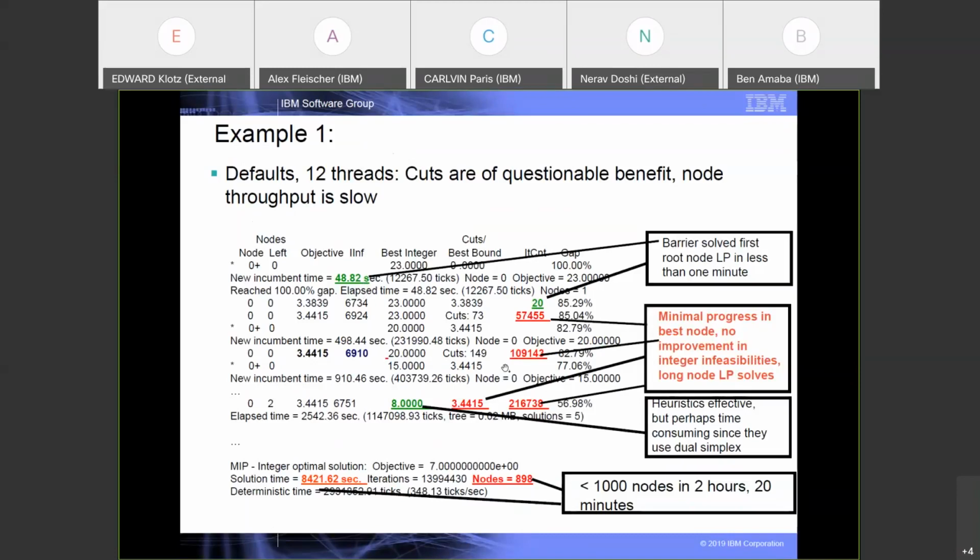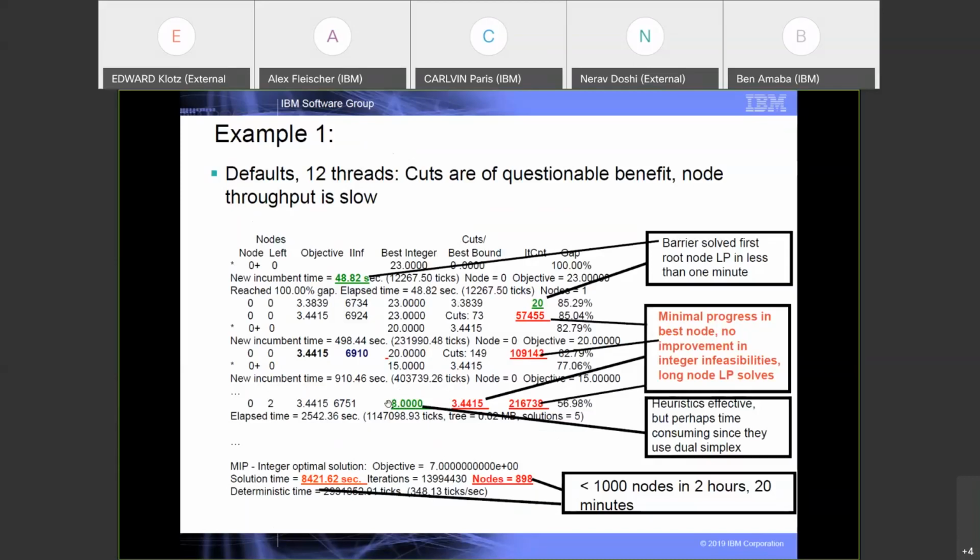But then we go into our cut and heuristic loop during the root node, and we now have advanced basis information. So we use the dual simplex method by default, and we're seeing some really big iteration counts. And we see that we take almost 40 minutes to process the root node. We see good progress in the best integer or upper bound value here. The heuristics at the root are doing well, but it looks like, as with the cuts, they may be time consuming